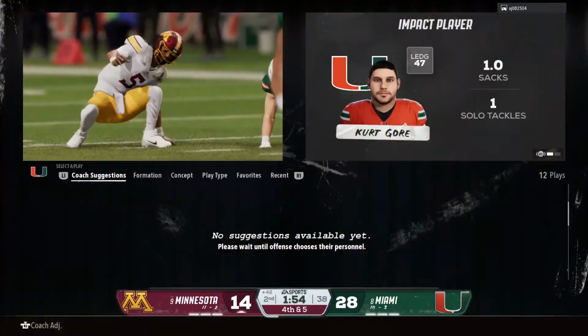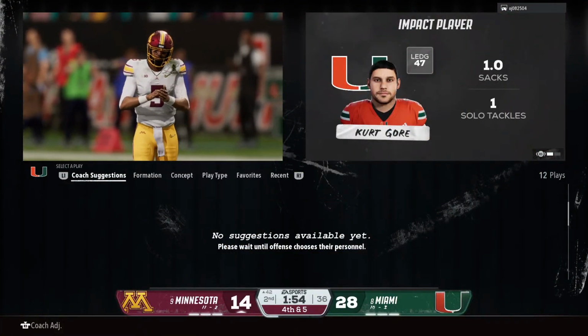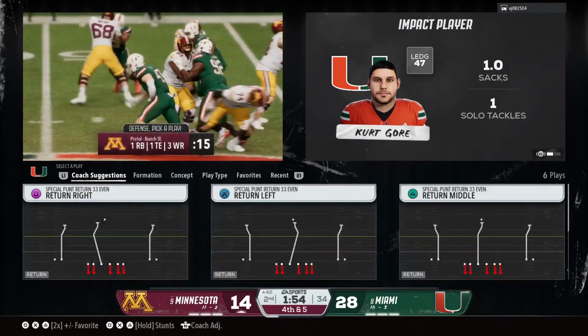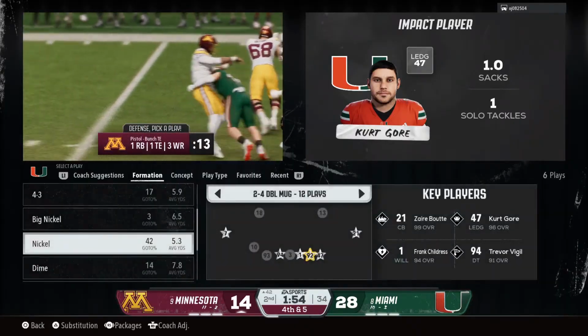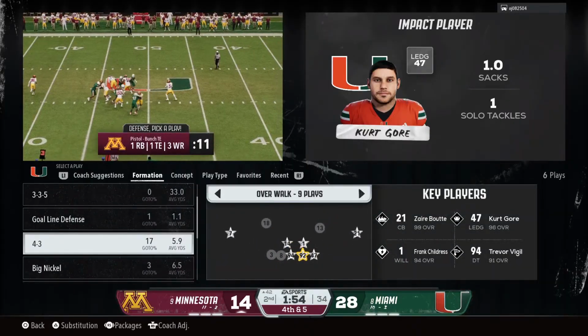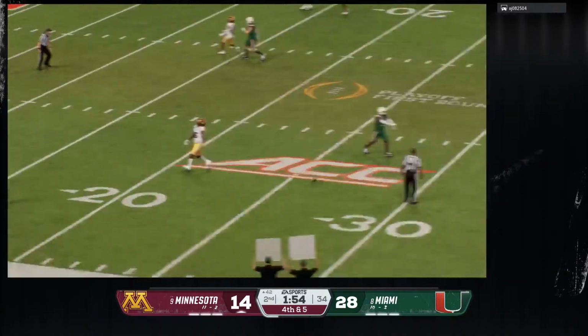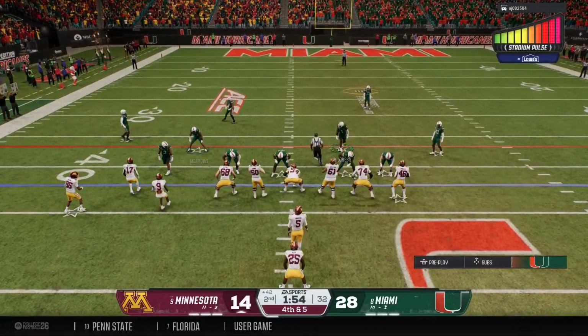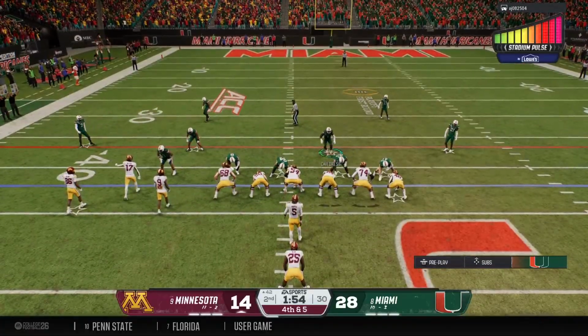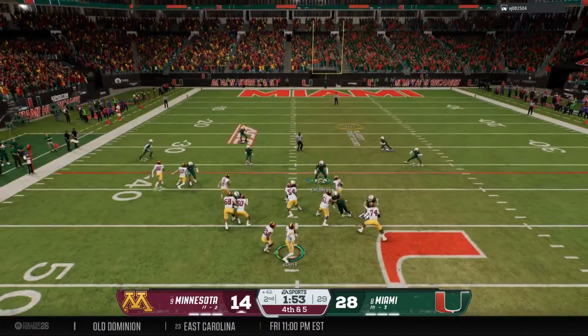Incomplete. He was hit as he threw the football there on third down. Well, the defense picks the right time to get after this quarterback. Third down, critical down and distance. They do a good job of dialing things up and good coverage downfield. He didn't have anywhere to go with the ball. And the Golden Gophers will come to the line on fourth down looking to convert.